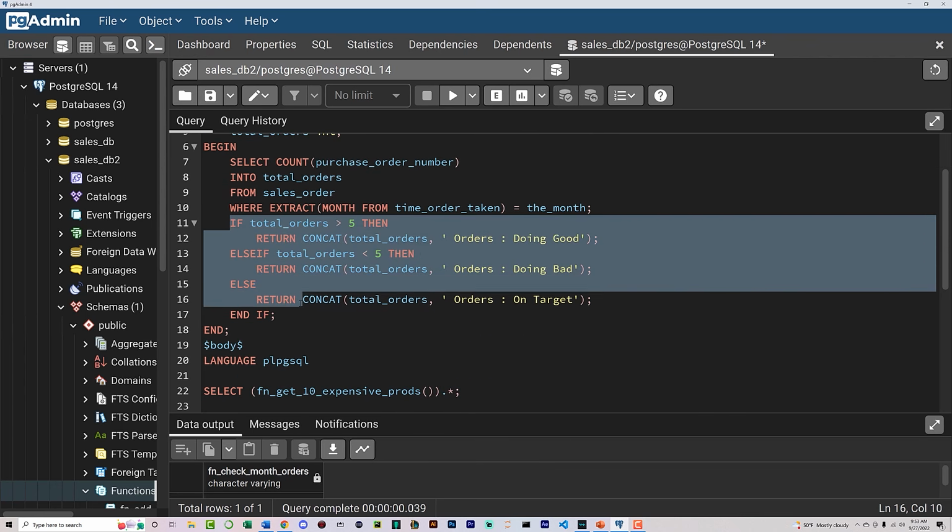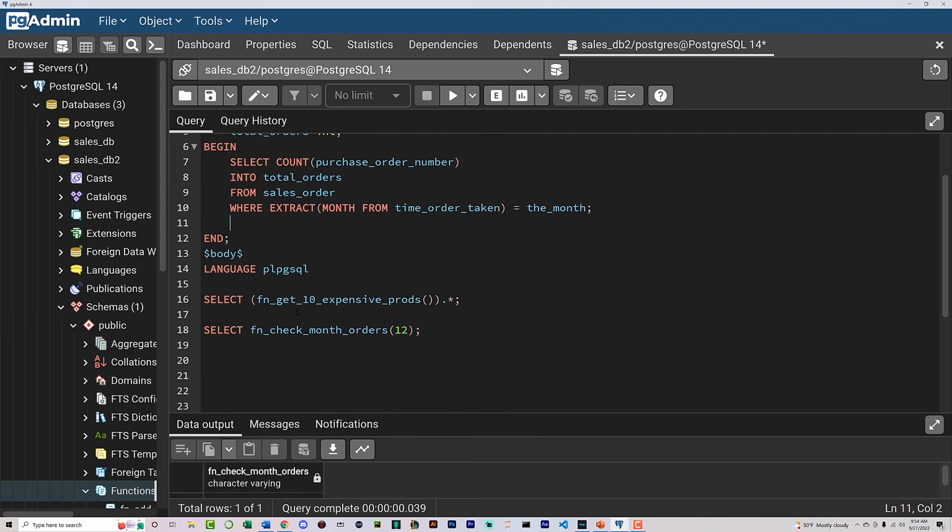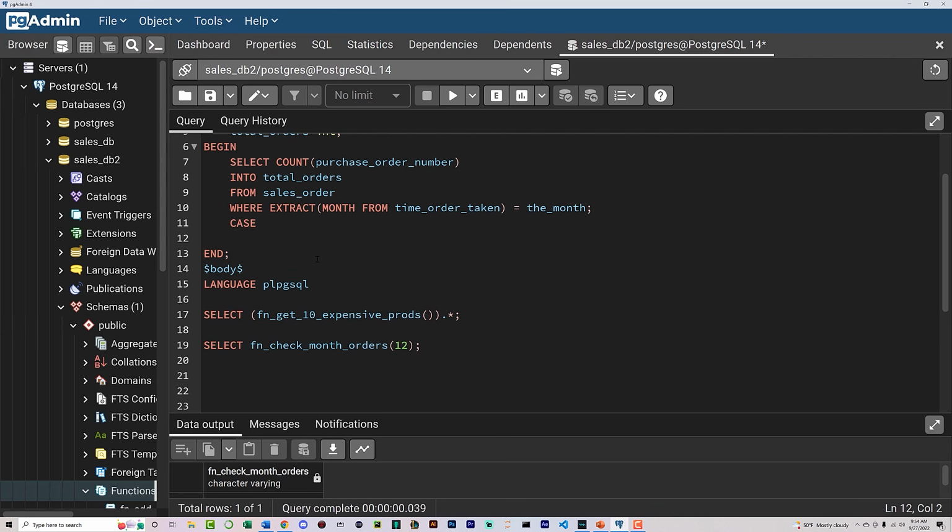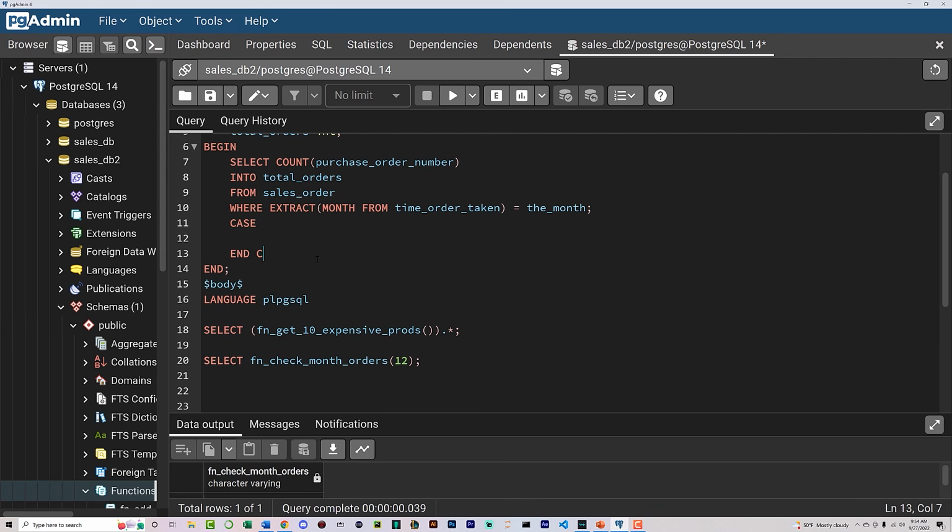The part that needs to change is this part, because we're going to be using case statements instead. So basically, case executes different code depending on an exact value. So what we're going to do here is just say case like that. And then, of course, I'm going to do it up front. I'm going to say end case. You have to end a case statement block like that. And then I'm going to say when total orders